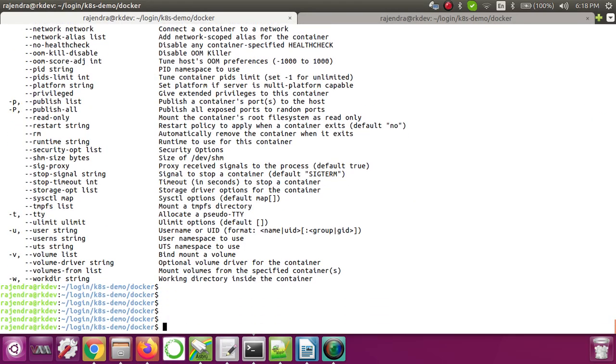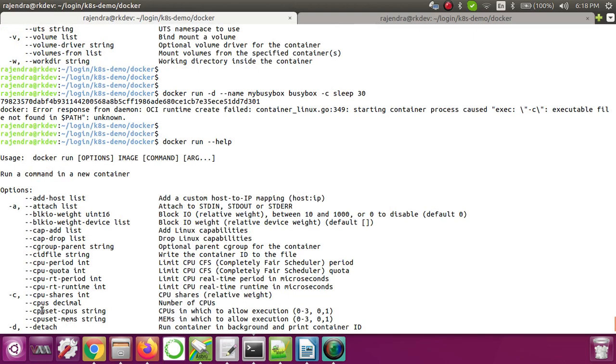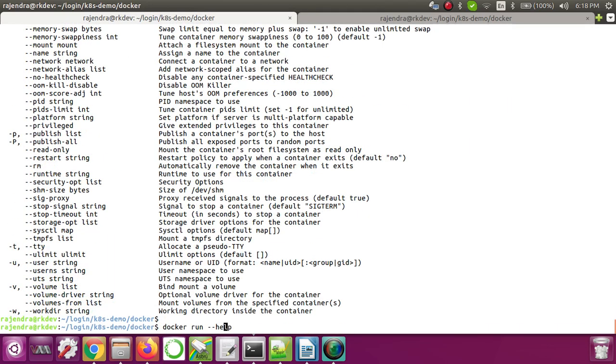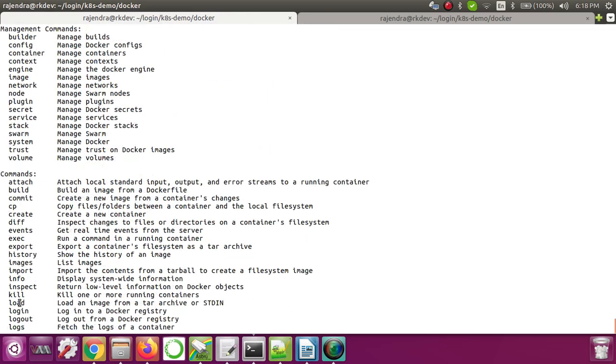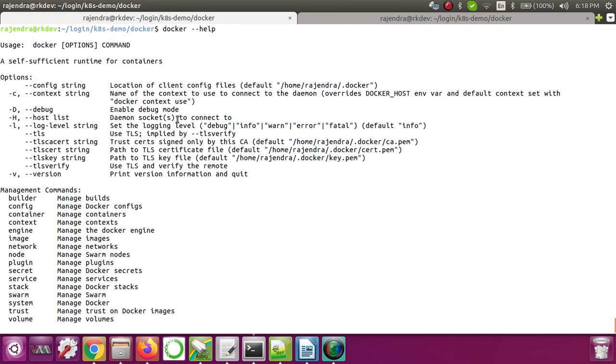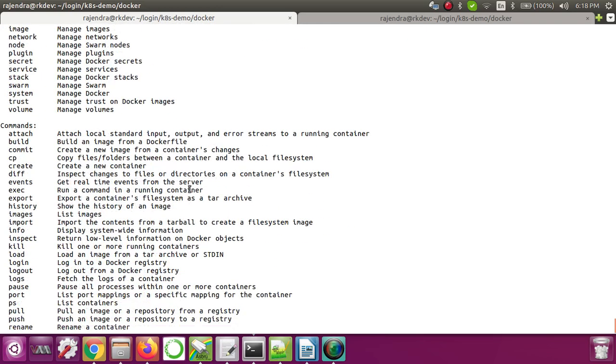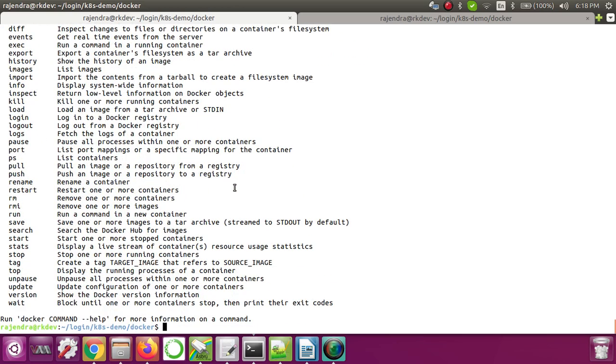Not here, in fact it should show here itself, but let's just do docker help. In the docker help as well, is it showing something or not? Connect to the daemon, overrides docker host environment, and then version. Okay, fine.